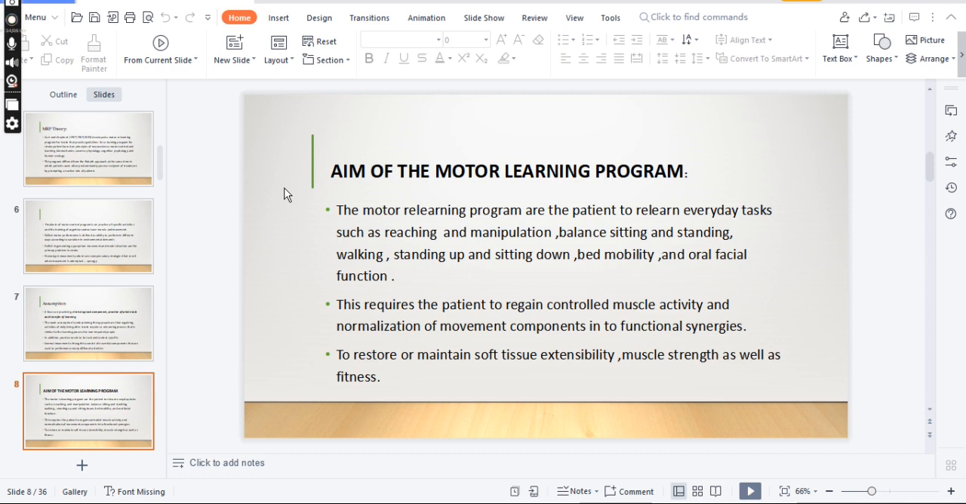This requires the patient to regain controlled muscle activity and normalization of movement components into functional synergies, and to restore or maintain soft tissue extensibility, muscle strength as well as fitness. These are actually the aims of the motor relearning program that enable a person who has lost his